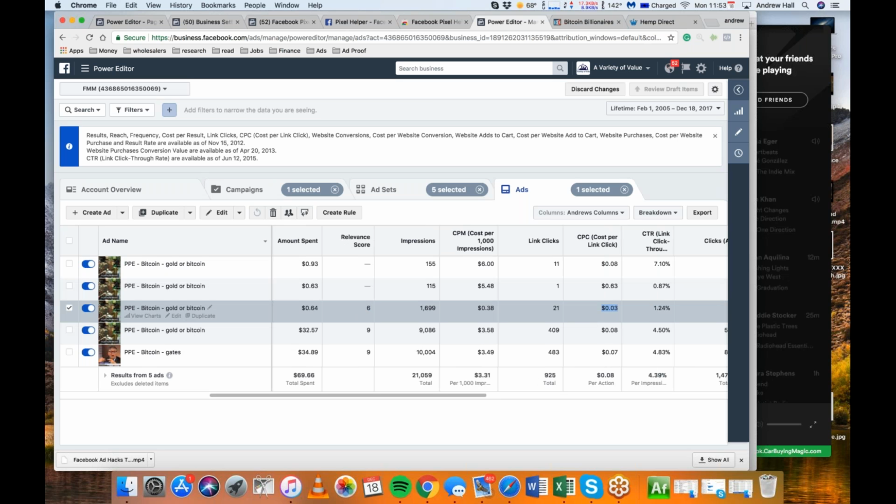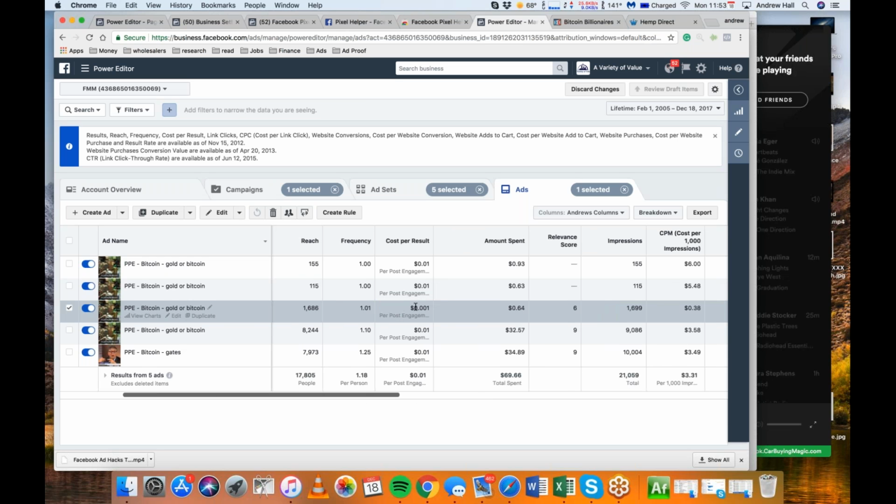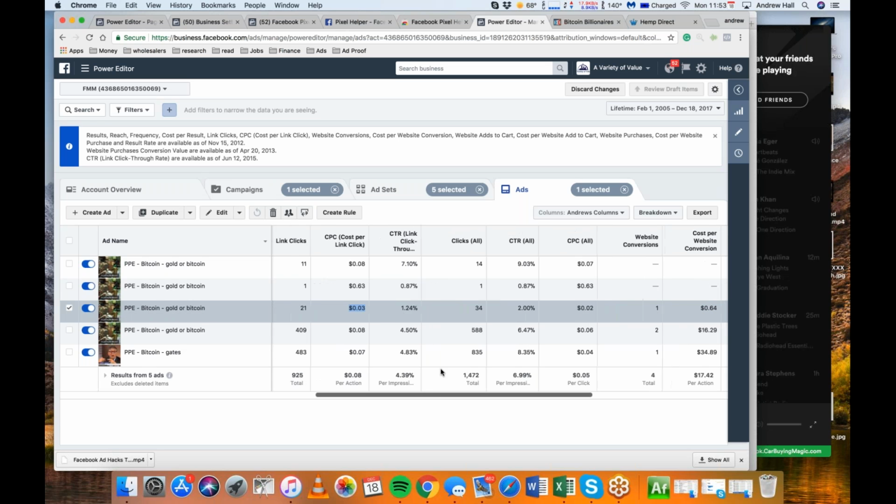I'm very happy if I'm getting 3 cent link clicks. You could give me a bad relevancy, even if it costs me 3 cents for each video view, but every single person that watched my video clicked the link. That's the goal, guys. The goal is traffic. The number one goal when you launch a Facebook ad is traffic.